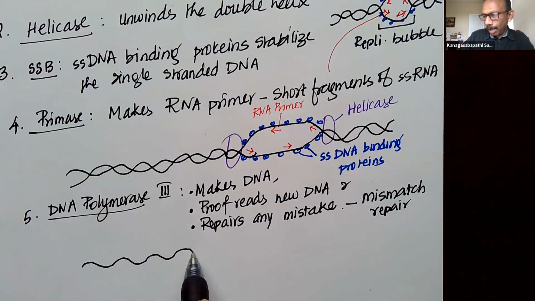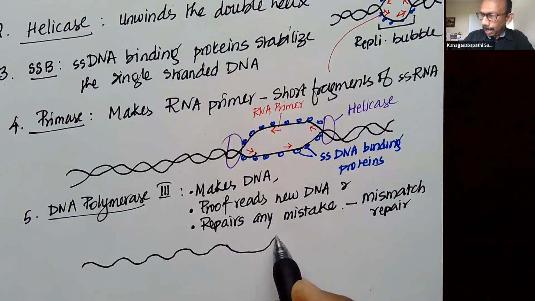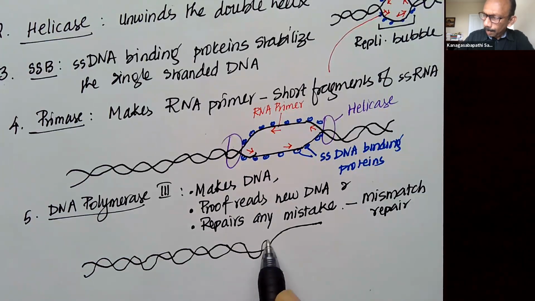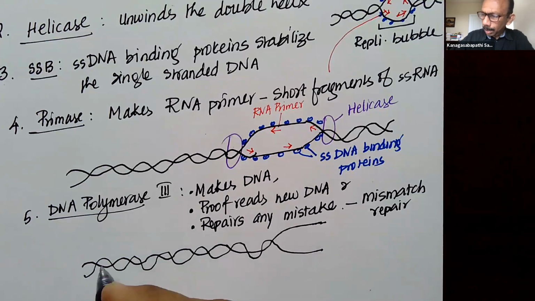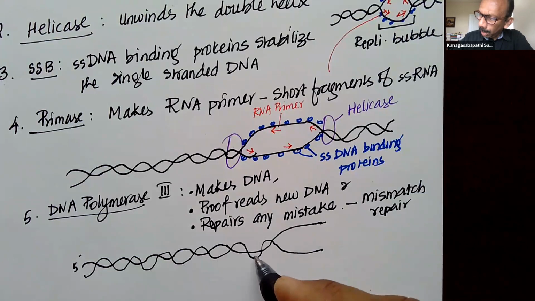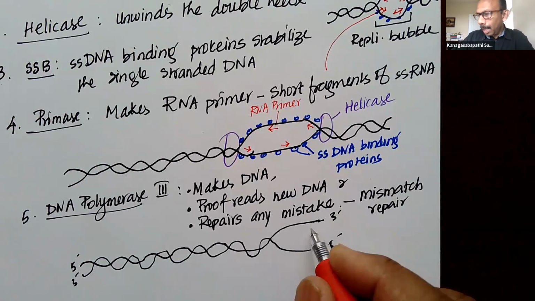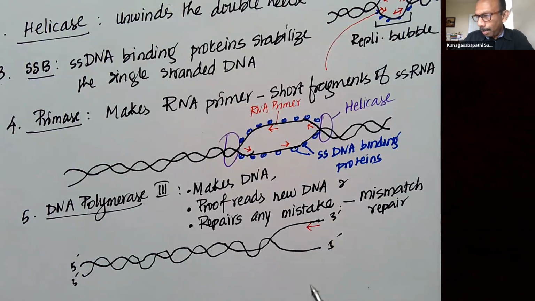So now, I'm going to keep it at the replication fork, and I'm not going to go into the bubble. Okay, so one strand is 5 prime going all the way to 3 prime, and this is the 3 prime to 5 prime. Okay, so the DNA that started with this RNA primer, and this is the other RNA primer. Now you have the new DNA being made,